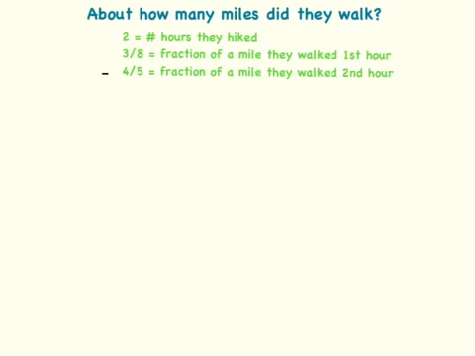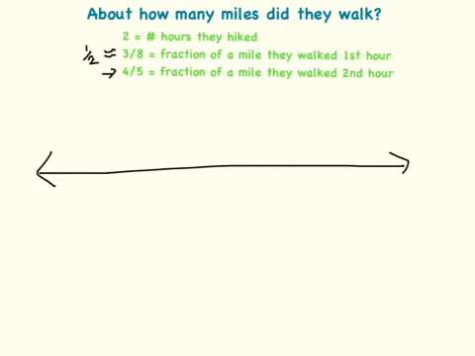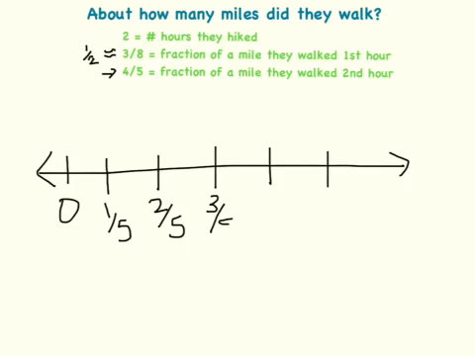Now we'll do the same for 4/5. Now that we know that 3/8 is approximately 1/2, we draw a number line for 4/5, starting with 0, 1, 2, 3, 4, 5. Now, whoops, that's not 1/2, 1/5. Now we have to determine what is 1/2 of 5. Well, that's a little bit more difficult to determine than 1/2 of 8. So the easiest way to do it,